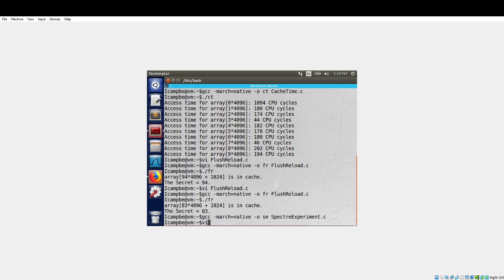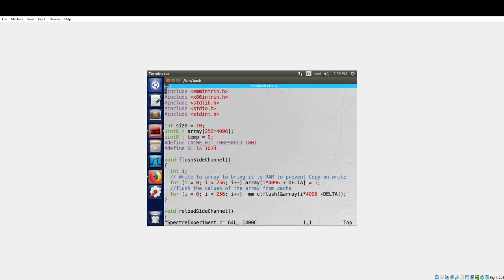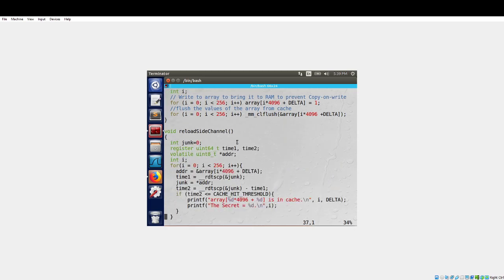We can take a look at it really quickly. Looking here, we're using that flush technique that we had just done to basically print out that secret.